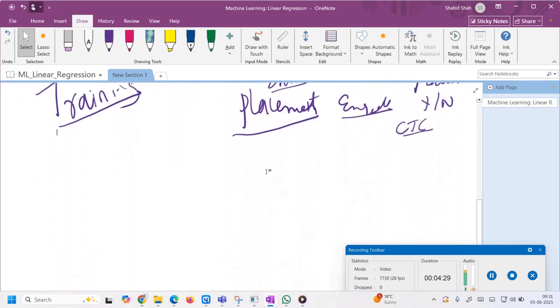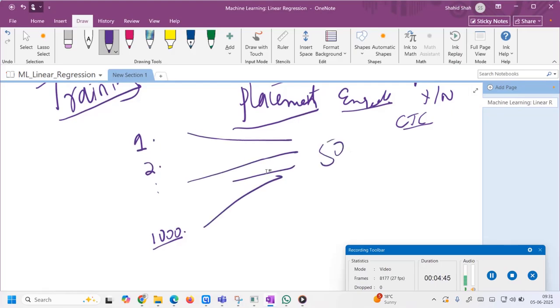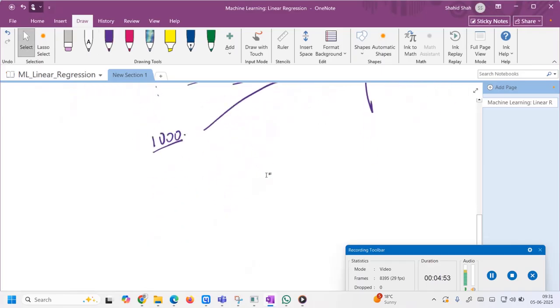But what is even done is like this. Suppose we have data of 1,000 students, numbered 1, 2, up to 1,000. What we will do is randomly pick 500 of them, and then the 500 other students. We have data of all of them. What do we mean we have data? It means, suppose we have